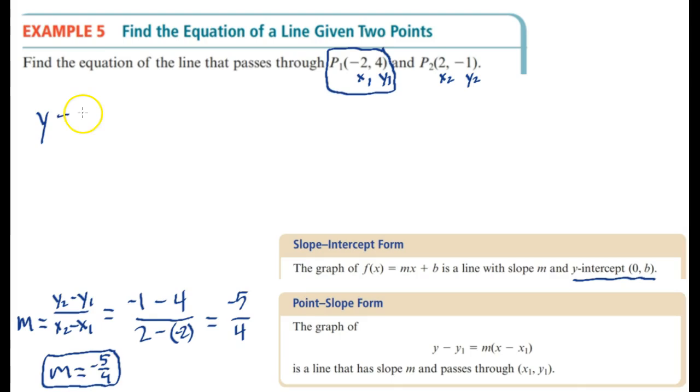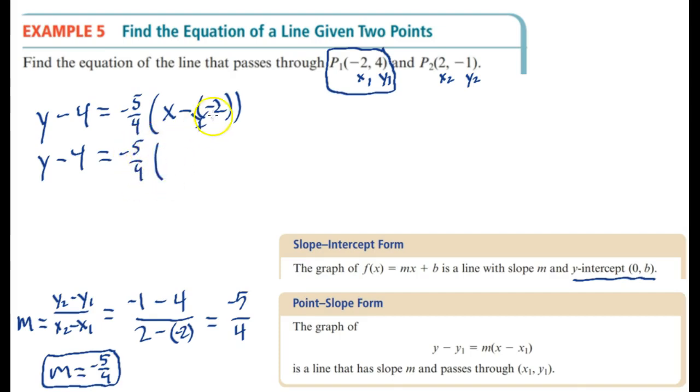So in this case, y1 is 4. And that equals m. We solved m, negative 5/4, our slope, times x minus negative 2. All right, we can simplify. Y minus 4 equals, now the negative and negative become positive, so negative 5/4 times x plus 2. And we can distribute the negative 5/4 through the parentheses, and that gives us y minus 4